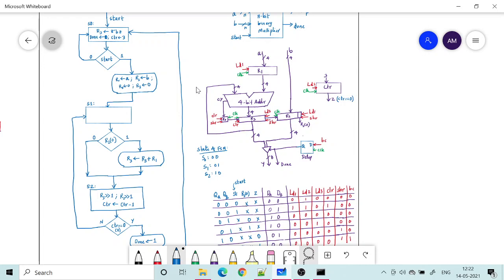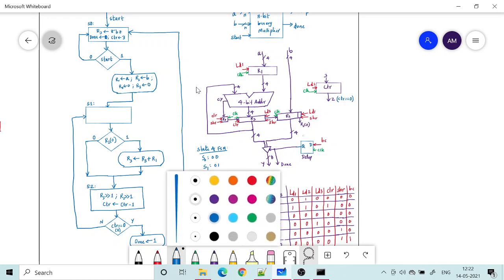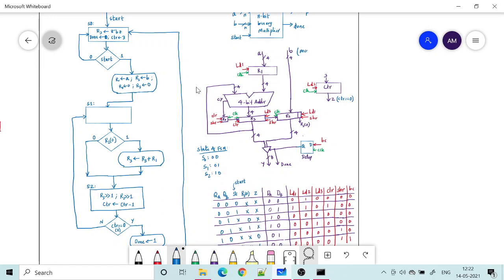The earlier result should be shifted and then added with the multiplicand if the LSB of the multiplier is 1. So I need to check the LSB. R2 is the register in which I am putting my multiplier, and this is my multiplicand.